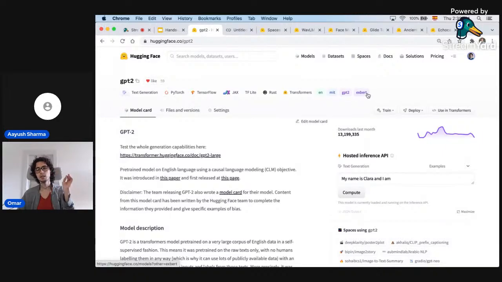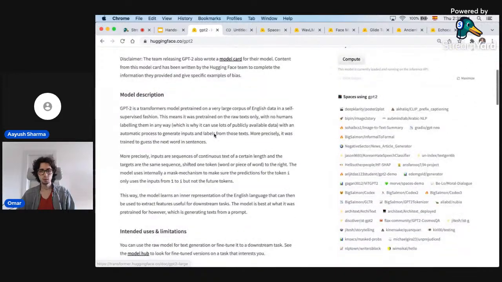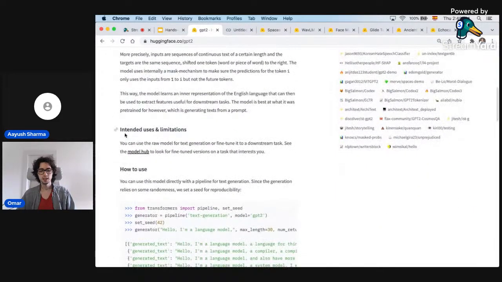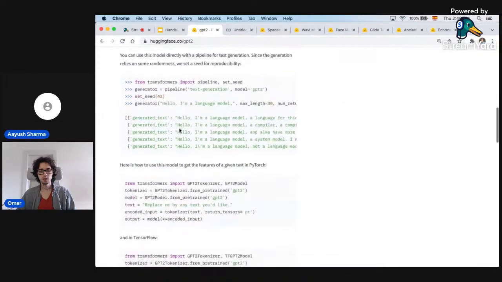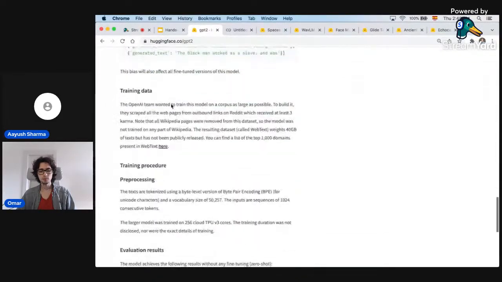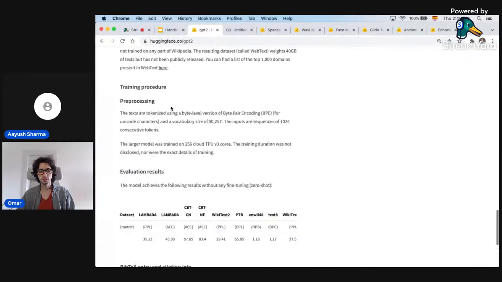And all of these tags are quite helpful because they allow people to filter the models depending on what they are looking for. Then we have something that is called the model card. The model card is this whole text at the left that says things such as the model description, the intended use cases and limitations, how to use the model, and the biases in the model. It also explains how this model was trained and more things.